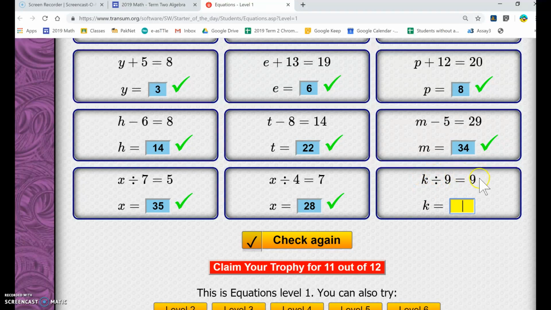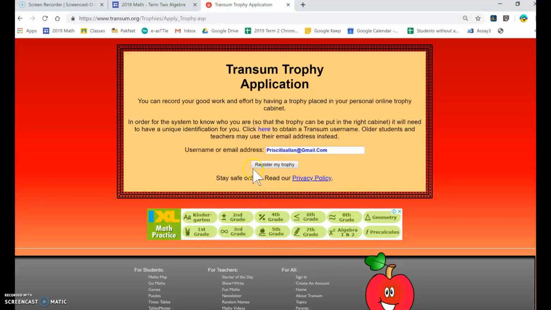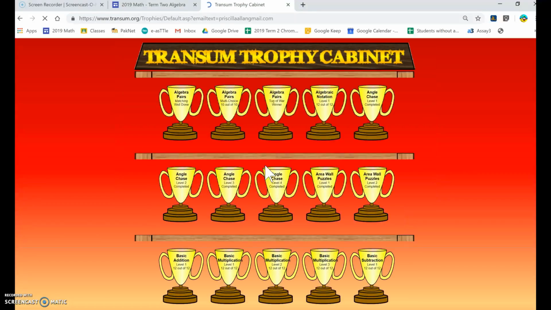Something divided by 9 is 9. Divided by 9 on this side is times 9 on that side. Change sides, change operations. So 9 nines are 81, so 81 divided by 9. So that's what you want to screenshot and put onto your website and claim your trophy. Register your trophy,